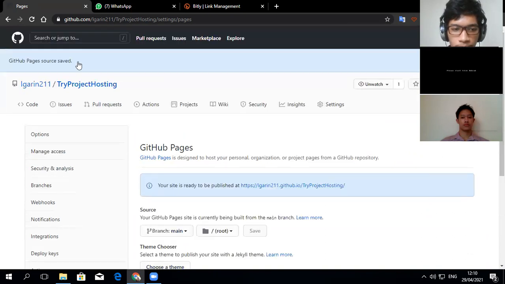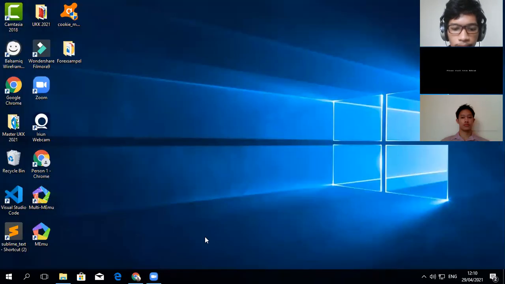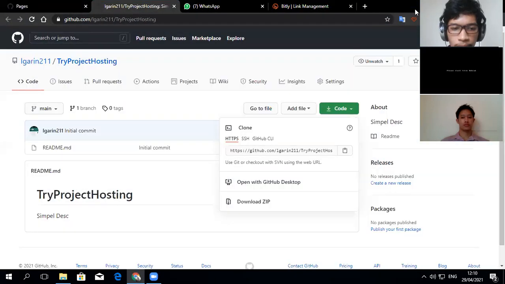After that, open your repository again and clone it to your local computer. For that, you must install Git.